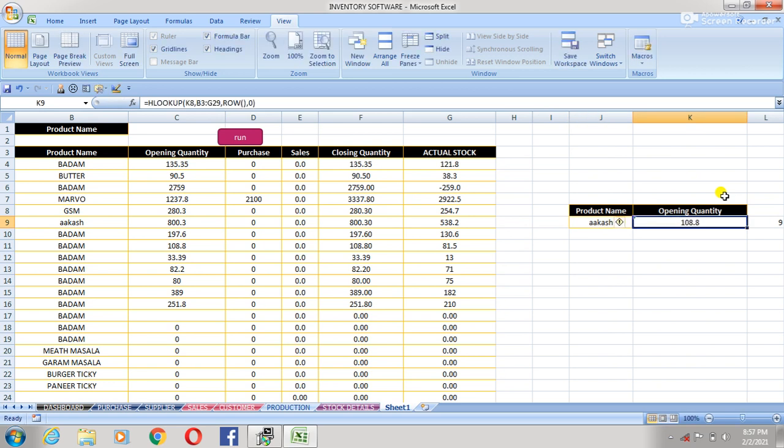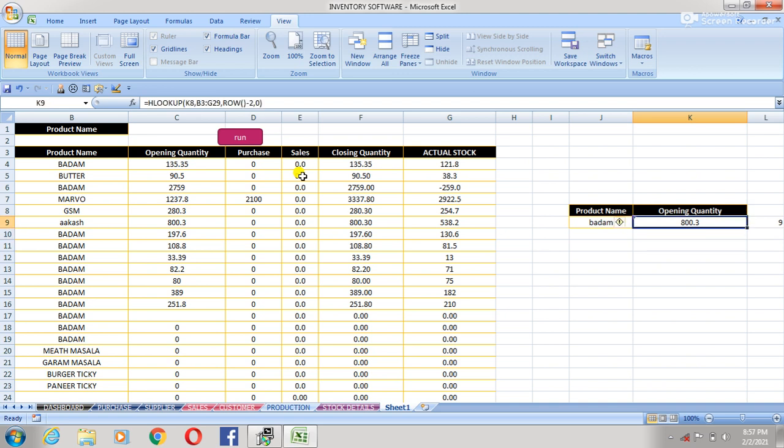So you choose here ROW, the HLOOKUP of this value and this row number. Here minus 2, so 800 in this range. After that, you choose badam, enter. No change because this area is automatically selected. Row automatically selected, minus 2.